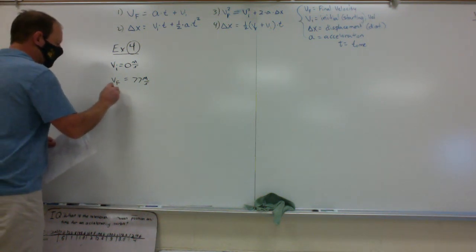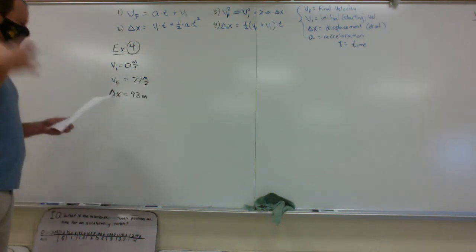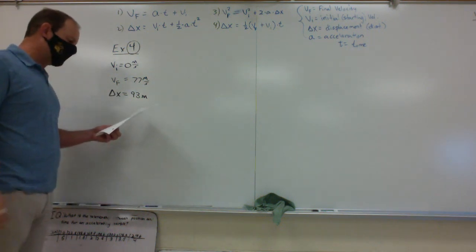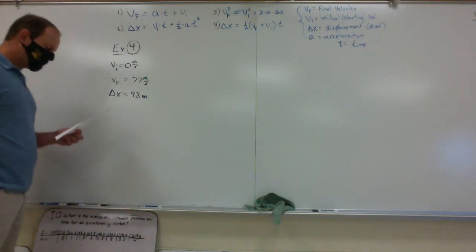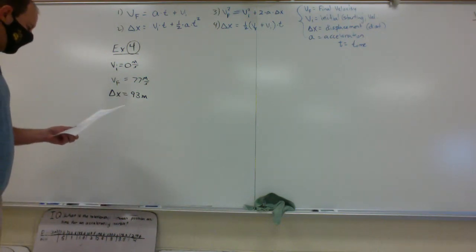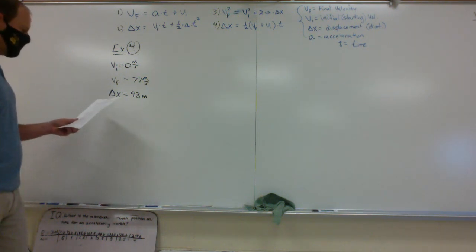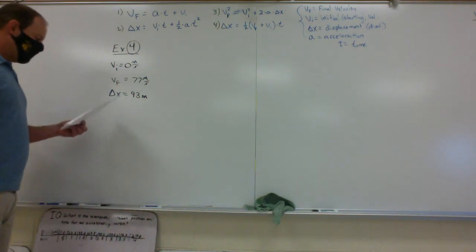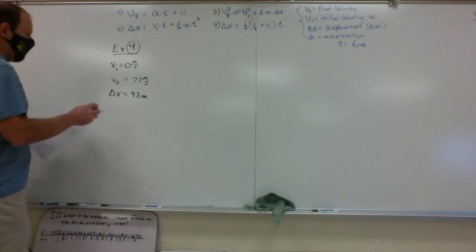So the delta x, 93 meters. Well, it sounds like 100 meters-ish, so it's kind of like a football field in length, 370 feet. So it's a little over the length of a football field. So that's pretty short distance to go from 0 to 173 miles an hour. I don't know about you, but that sounds fun. Okay, so